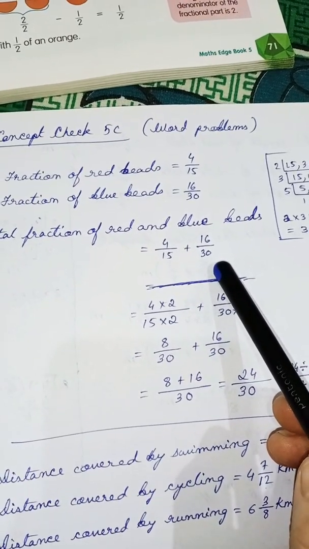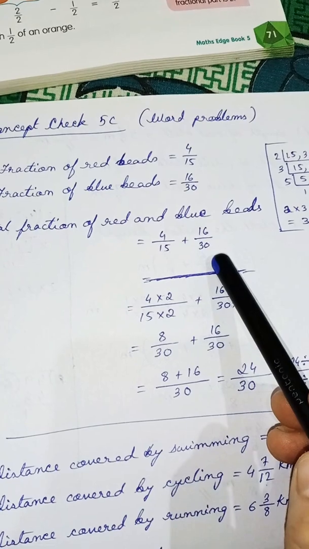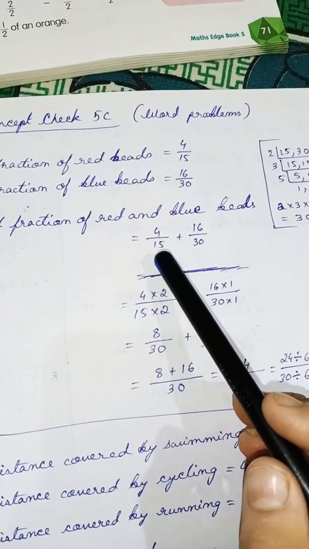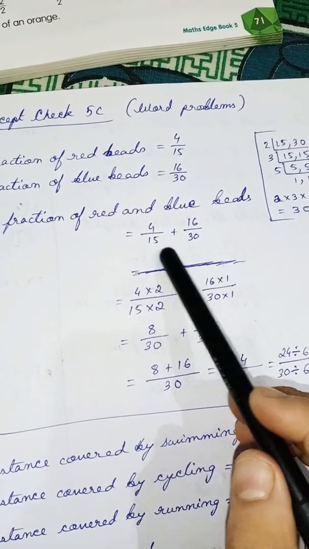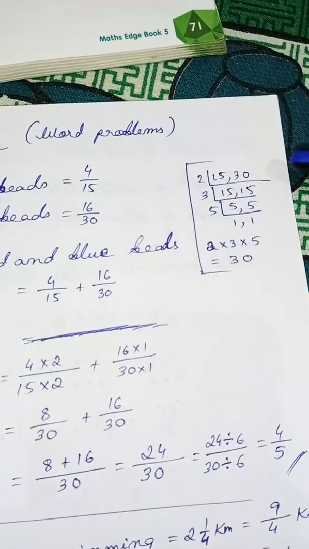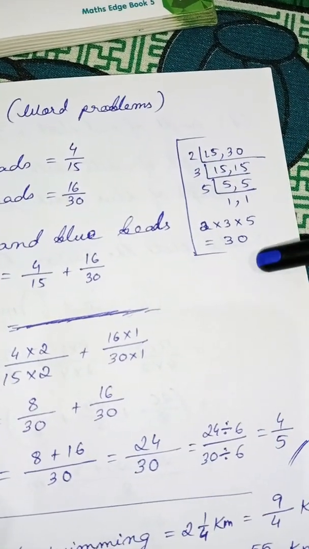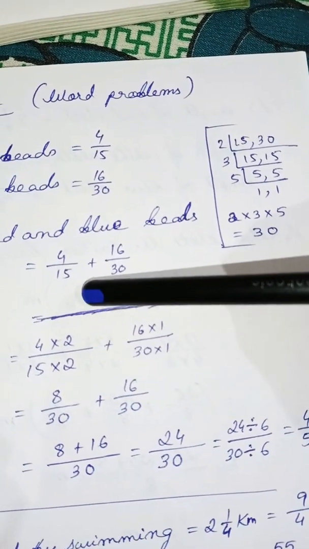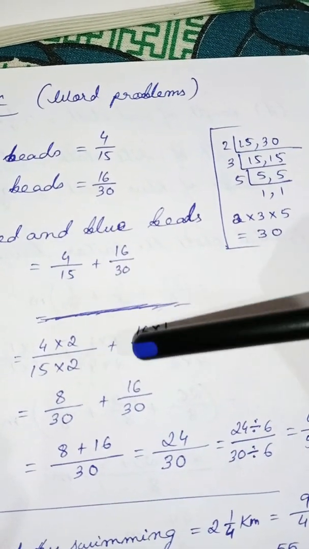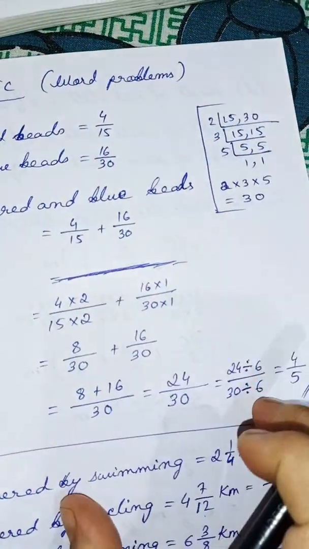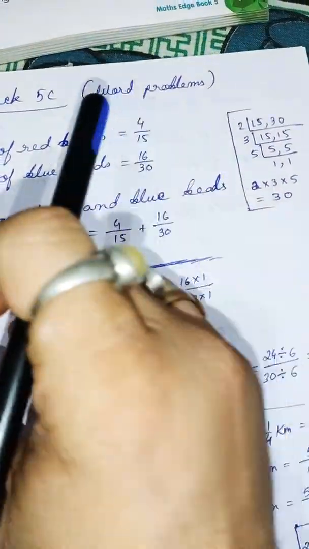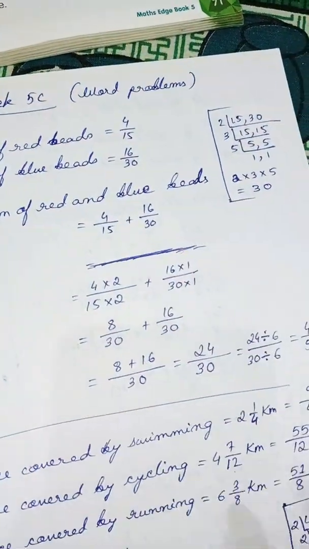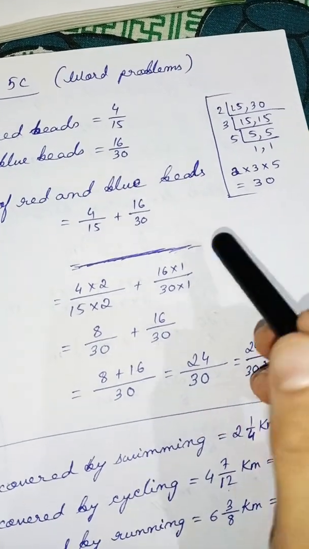And as we have already done in the first two questions of addition of unlike fractions, first we have to find out the LCM of the denominators. So here I find the LCM of the denominators and I get it as 30. That means I have to make both the denominators 30. In this case we will write it in one step only. We will not do it as previously, where we first converted and then added. I'll do it serially in one line only.